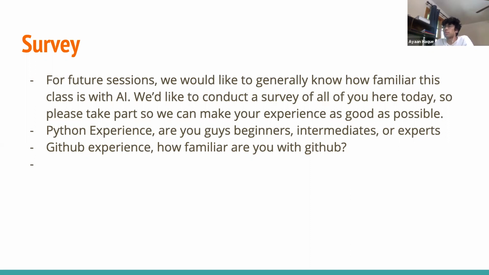Does anyone have coding experience but not in Python, so maybe in Java or C++ or some other language? Okay, a little more. That's a lot of you. Okay, if you're in this category, you'll be totally fine. I don't think knowing the syntax of Python is that important, as long as you understand the basic concepts such as loops, if statements, variables, arrays. Those are the main things you need to know just to get into it, and we'll talk about the rest.